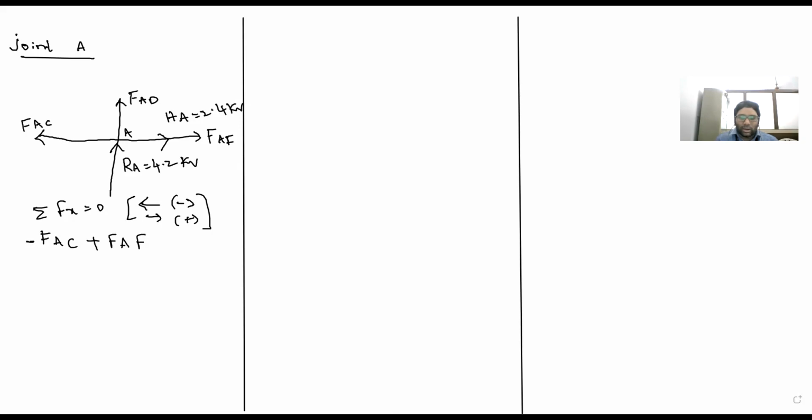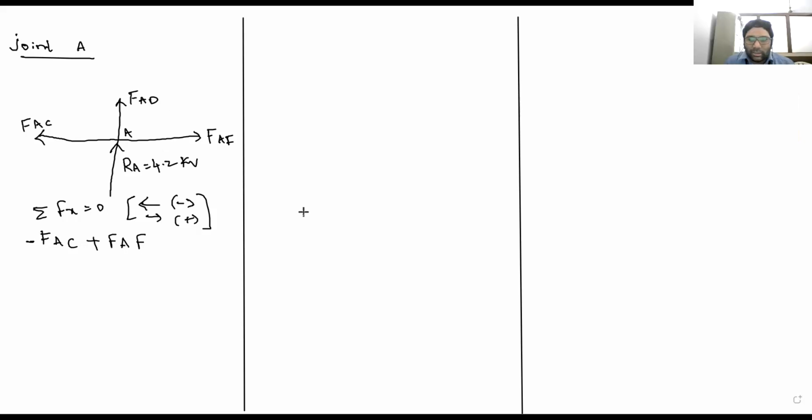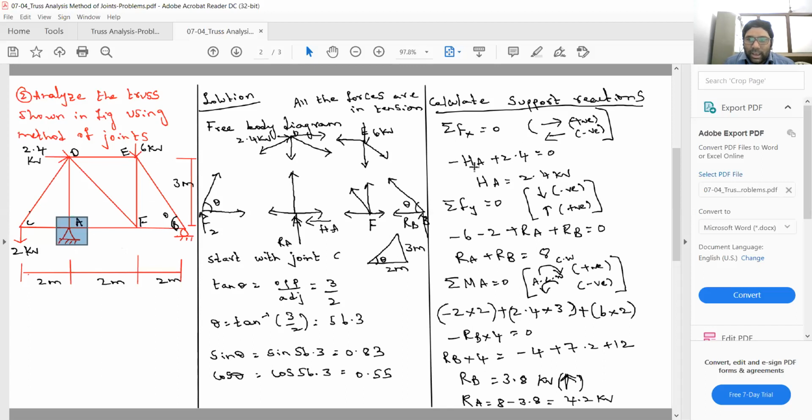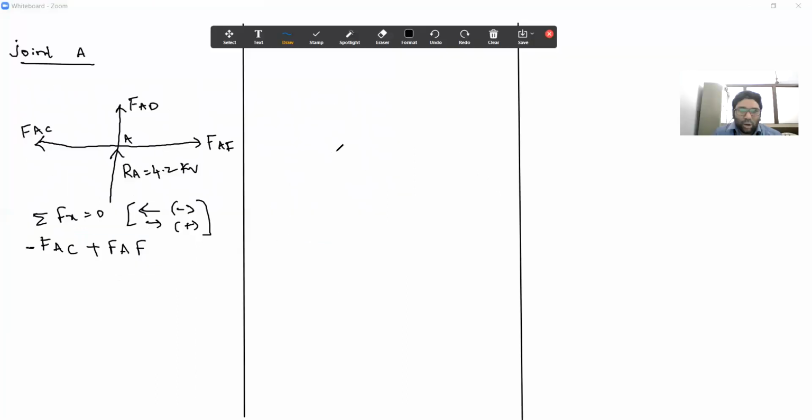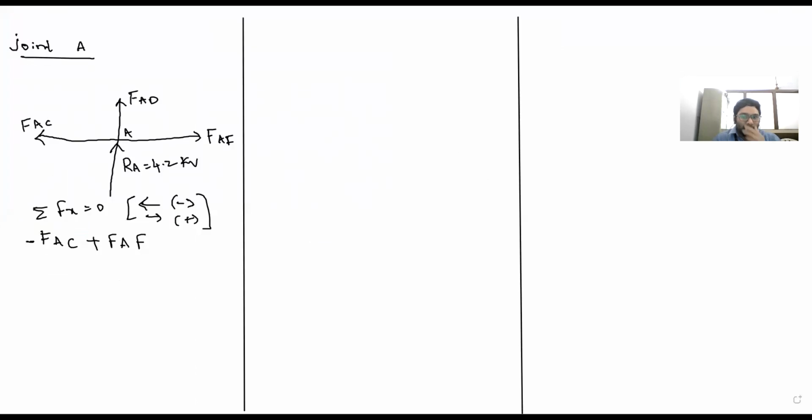So did we calculate it or not? We have calculated HA. Let me check the direction once. First, I will show you the direction for the problem which we have solved. So see it here, HA is equal to 2.4 kilonewton. And see here, this is the direction we have assumed for HA. All of you can see on the screen. HA is assumed in the left direction. Okay. So now we will accordingly try to solve it clearly.